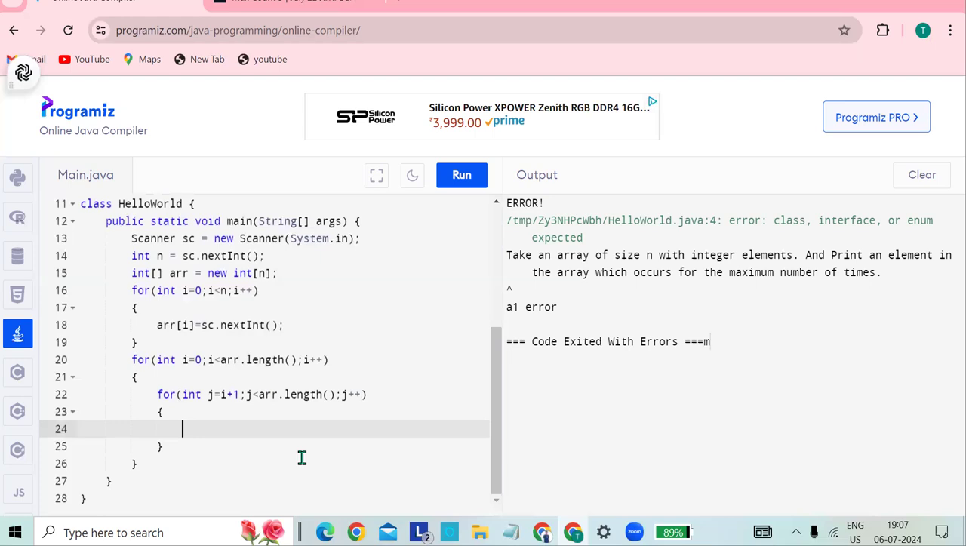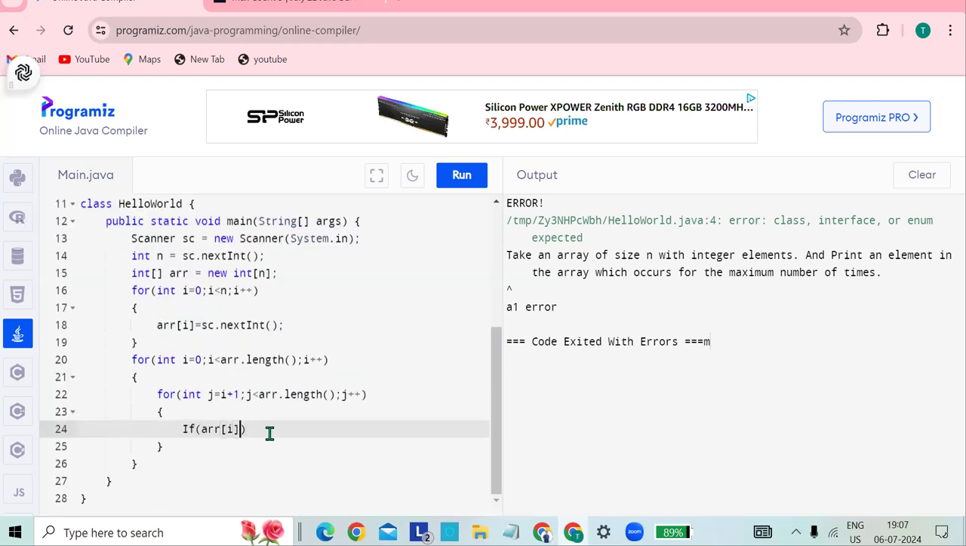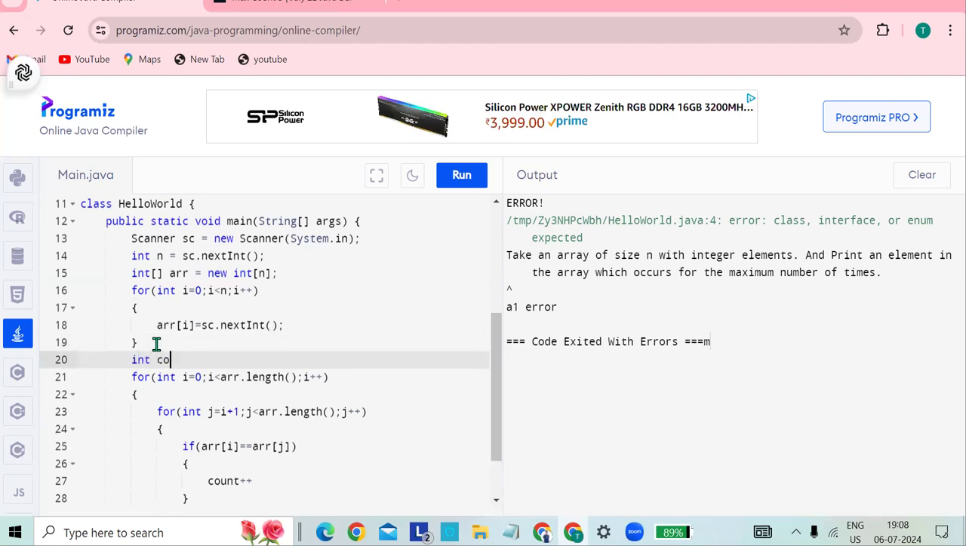So here I'll write the condition: if ar[i] is equal to ar[j], then we have to do count plus plus. If ar[i] is equal to ar[j], then what we have to do? We have to do count plus plus. Here I'll take int count; I'll declare the count here, and here I will write count